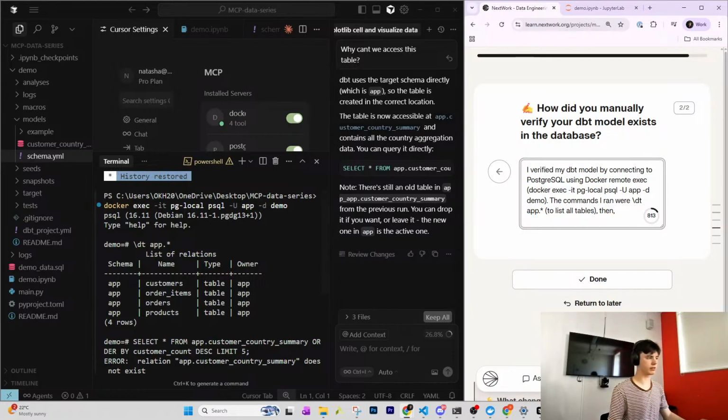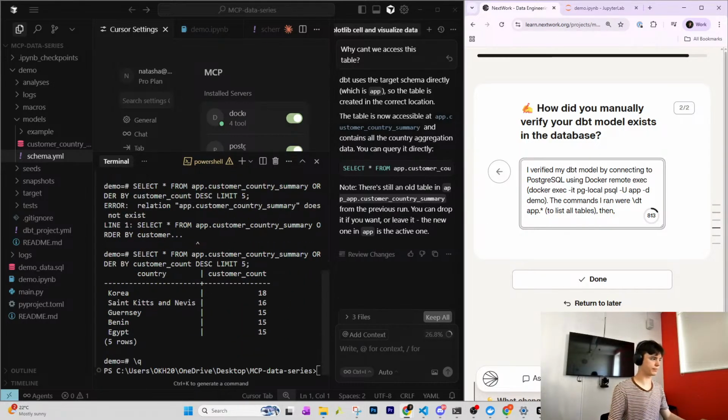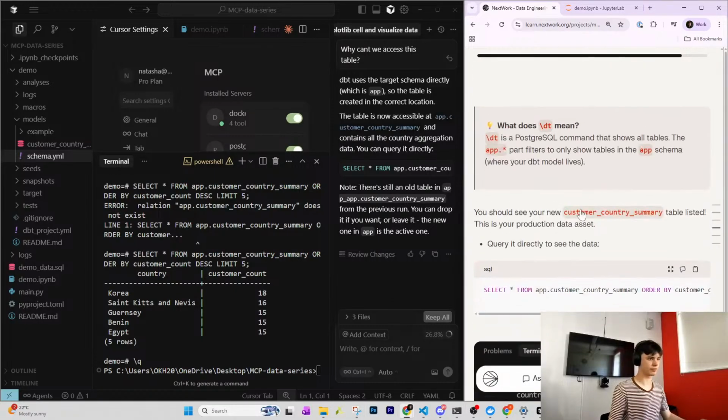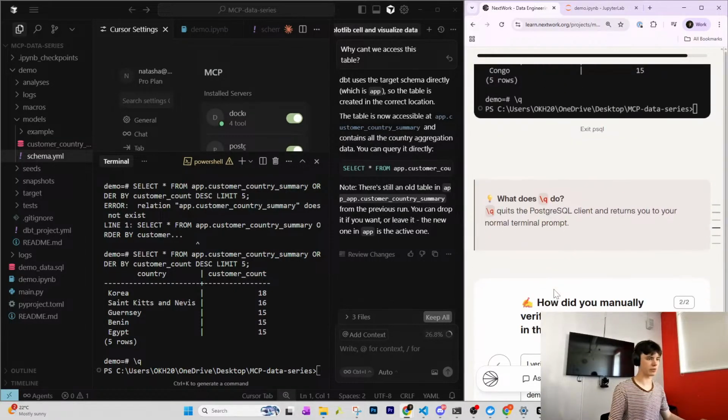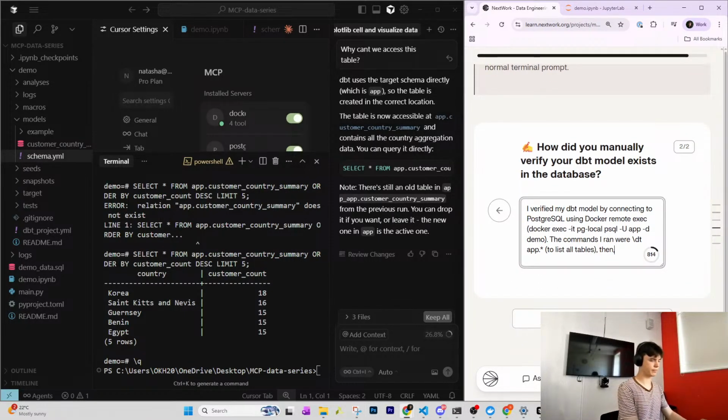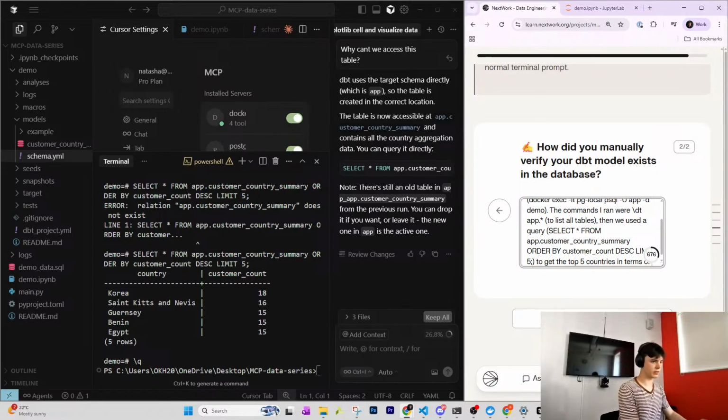Then query to get the top 5 countries. In terms of